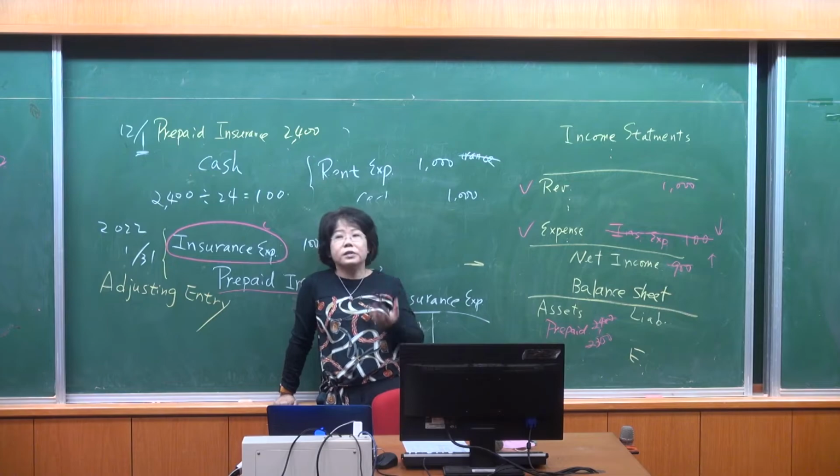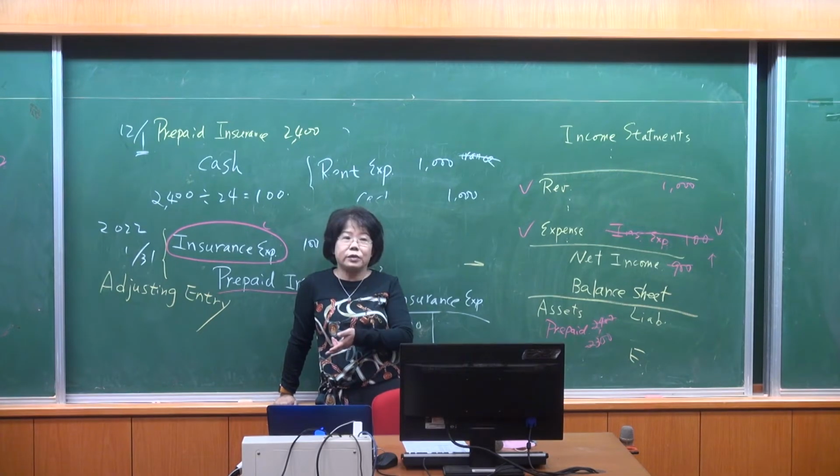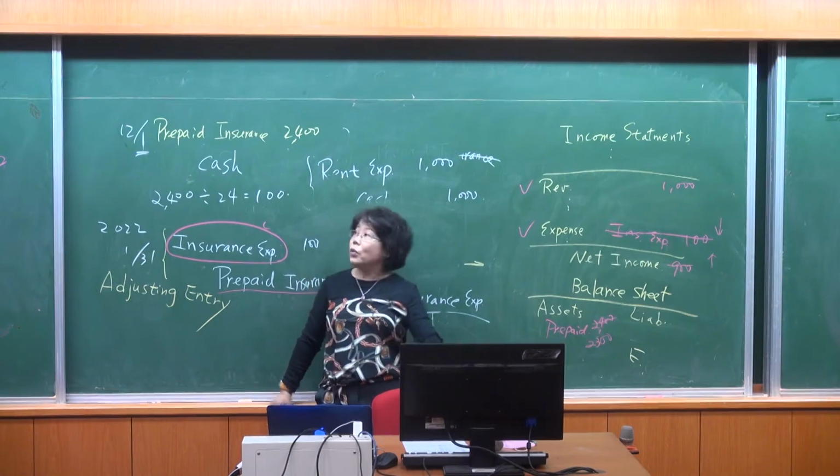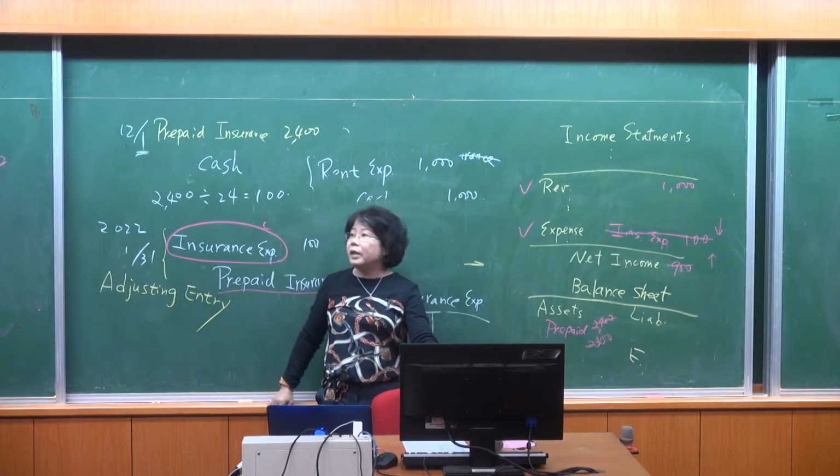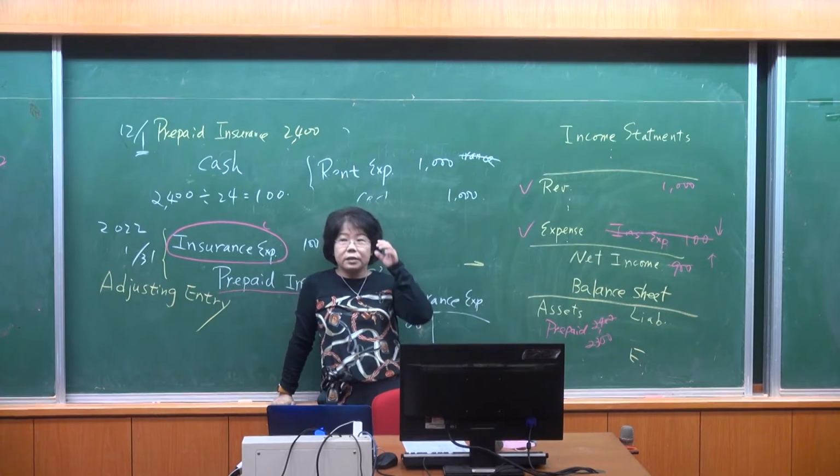Okay, another thing I just mentioned for prepaid insurance is because with the passage of time, 因为你过了时间 your right 你的权利 decrease gradually，你的权利越变越少，所以我们用这个 adjustment 就可以让这2400越变越少。